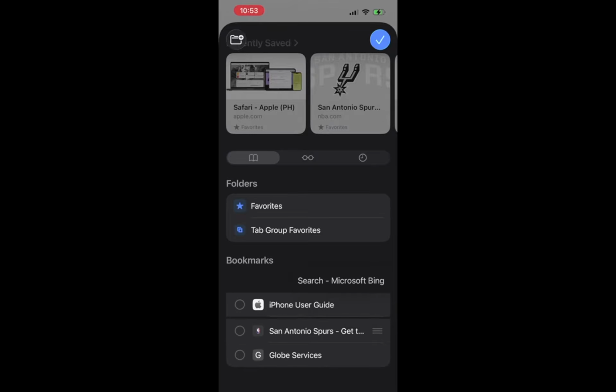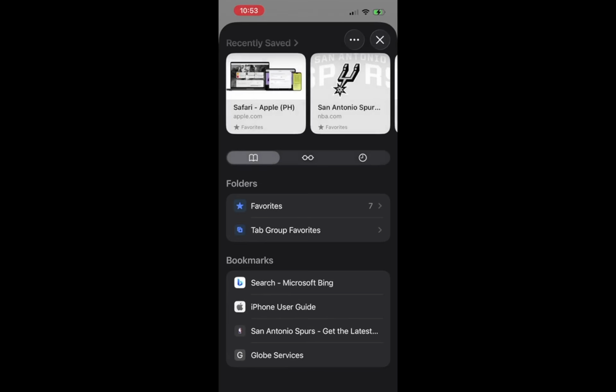Finally, tap Done to save your changes. This action confirms your new order and exits the selection mode. It is crucial to tap Done as it ensures that all your hard work in reordering is saved properly. After tapping Done, you will see a confirmation that your changes have been applied.